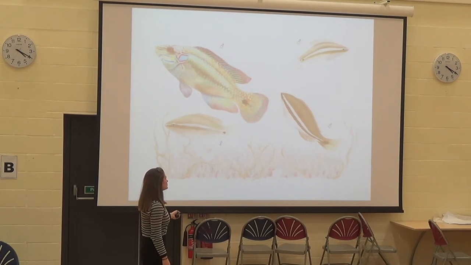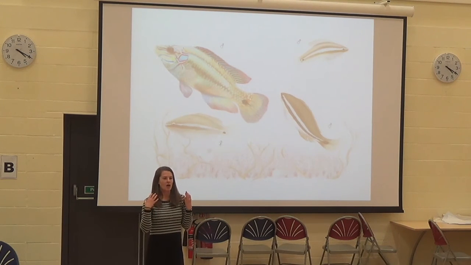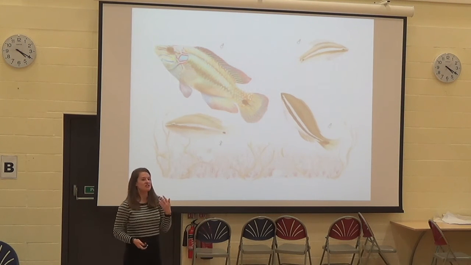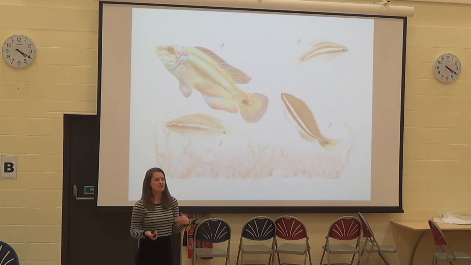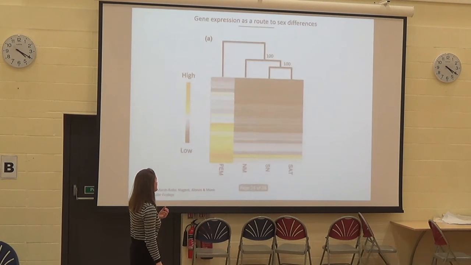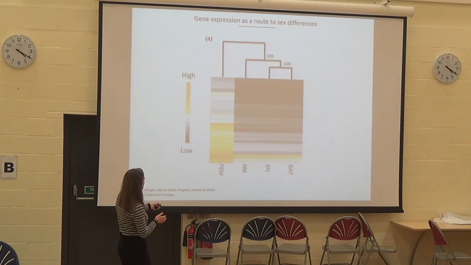So they all have the same genetic information, so we were then interested in looking at how differences in how the genes are used between the different morphs might be important. And so we measured differences in gene activity or gene expression across these different individuals. So then we were plotting gene activity for all the genes that were shared, and we were plotting it as a heat map.